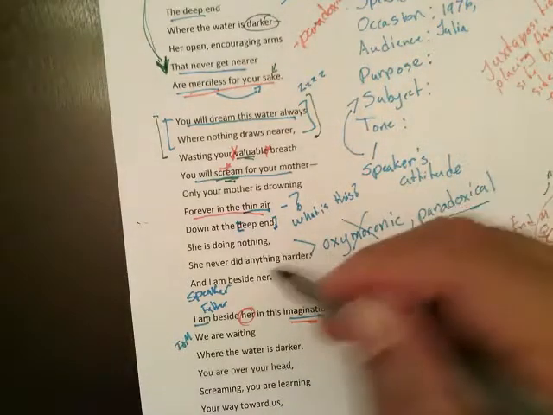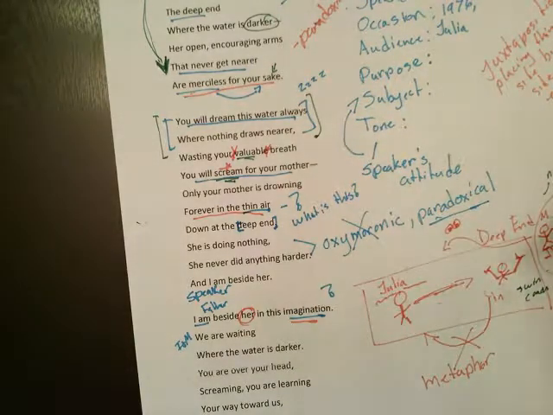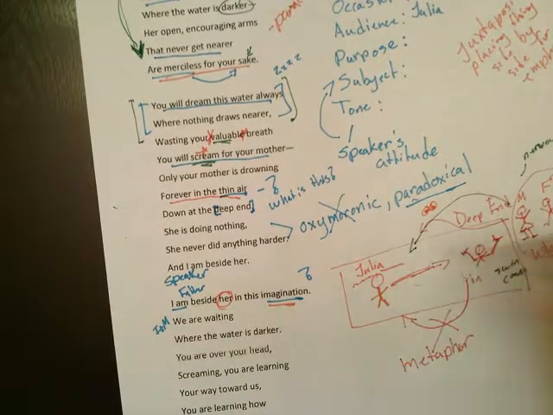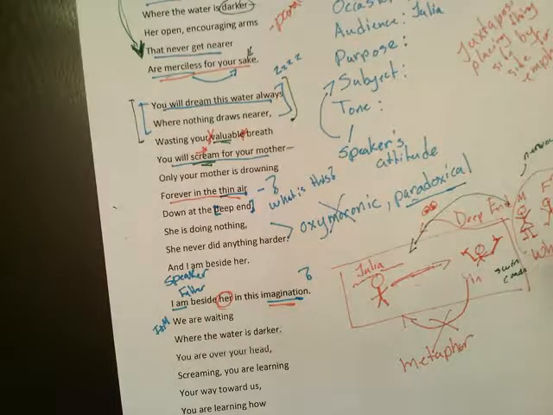Down at the deep end, she is doing nothing. So she's hyperventilating, she's scared, she's not doing anything, and it's so hard not to do anything, because what does she want to do? She wants to jump in and save her daughter, right? She doesn't want her to struggle. She doesn't want her to do these things, and she's never done anything harder,